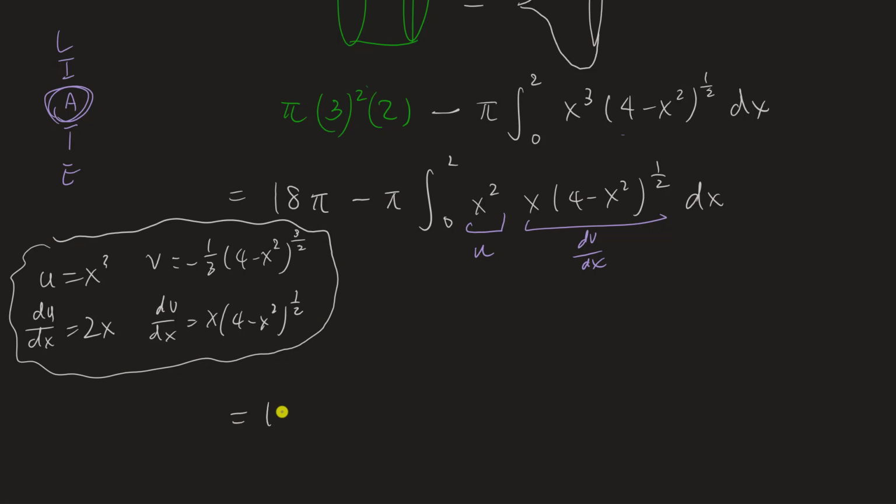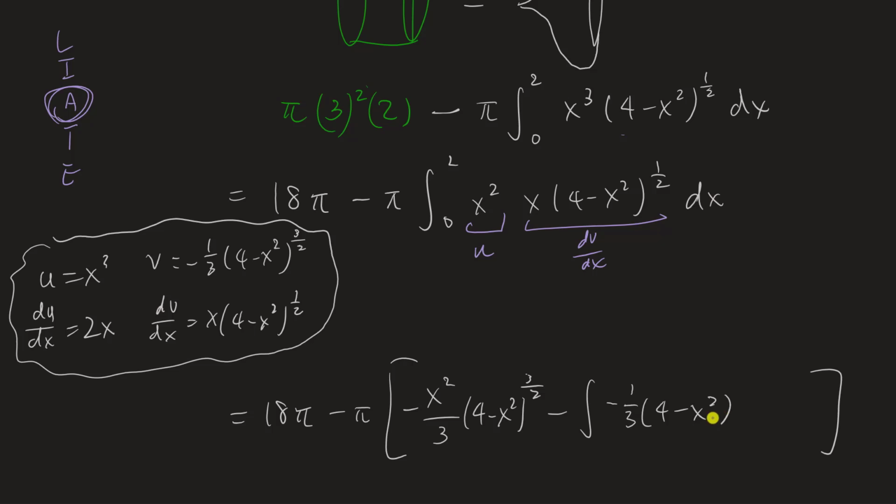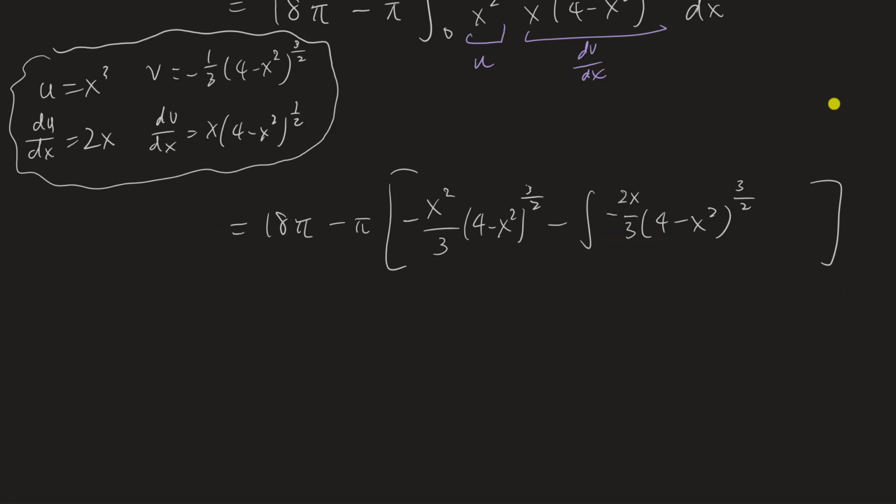the integration by parts will become 18 pi minus pi uv, which is uv, minus integrate v du. v du is 2x. I'm going to put the 2x here. I'm going to pluck out the negative 1/3 you see here. I'm going to put it outside. This will give us